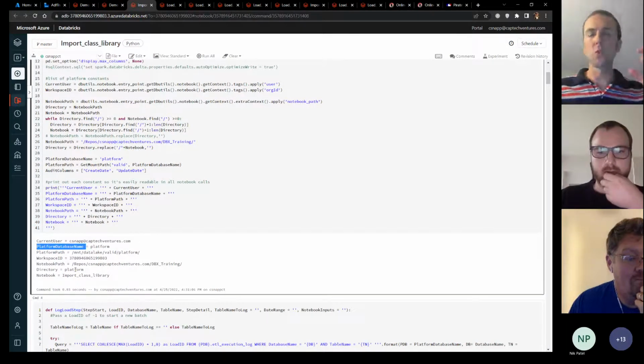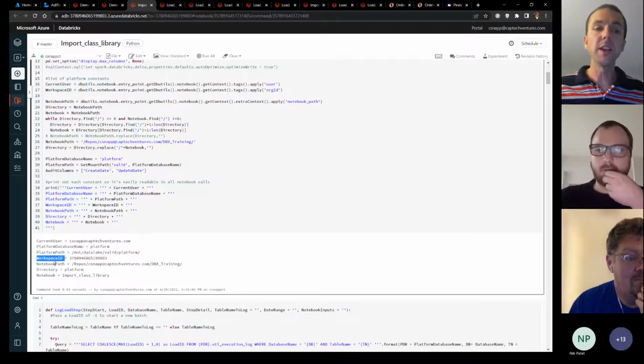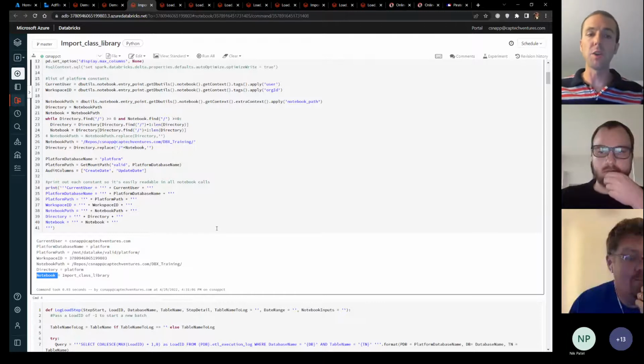That's my controller, my engineering database. I just call it platform for lack of a better word. I can get the path of the notebook that I'm running. I can get the Databricks workspace I'm running. So for logging purposes, I can get the notebook's fully qualified path, the directory of the notebook, and then the name of the notebook. There's a lot of things you can get out of the metadata of it running.